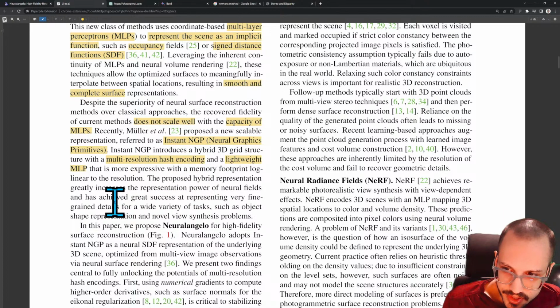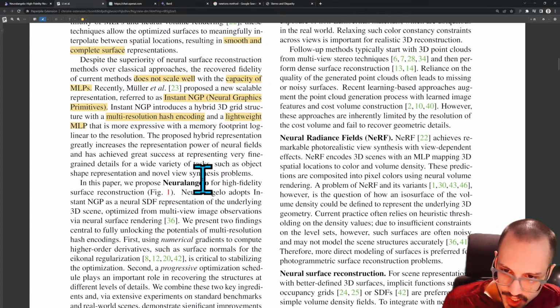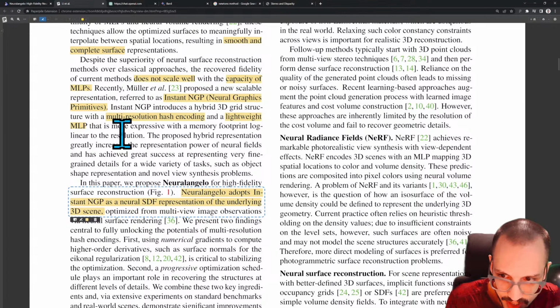The proposed hybrid representation greatly increases the representation power and has achieved great success at representing very fine-grained details for a wide variety of tasks such as object shape representation and novel view synthesis. Okay. We propose Neuralangelo for high-fidelity surface reconstruction. Neuralangelo adopts Instant NGP and a neural SDF representation of the underlying 3D scene. Okay, so basically it seems like maybe the big part of this paper is going to be combining this hash map from the NGP into the SDF family of approaches,